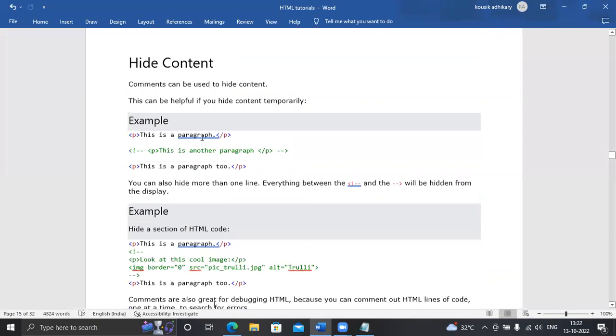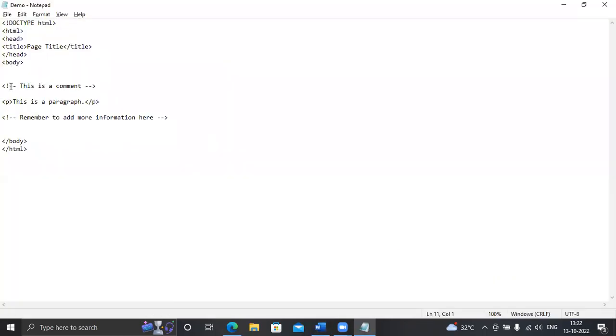Suppose here, this is a comment, that particular line you want to comment. Suppose you want to comment more than one line at a single time, say 100 lines.